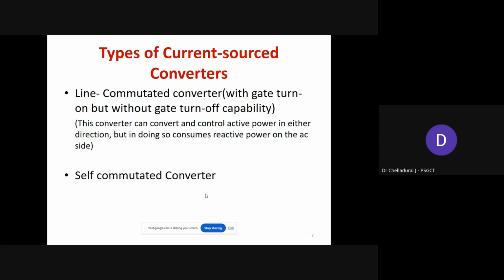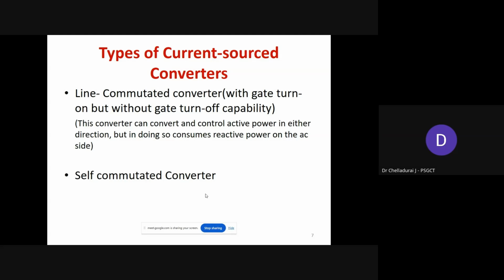SCR is a latching device. We can easily turn on the SCR by using a gate pulse. Once the device comes to the on state, it is not possible to turn it off by using the gate terminal. Because of this reason, it is called a semi-controlled switch. If we use this SCR to convert DC into AC in current source inverter topology, it is called a line commutated converter. The reason is the line voltage, that is the AC side voltage,